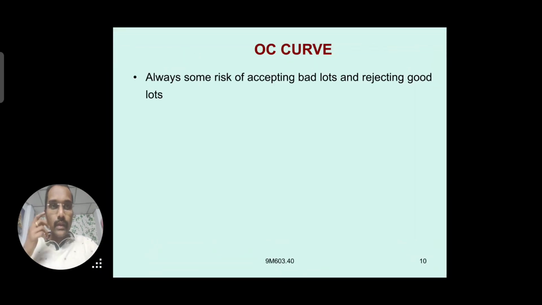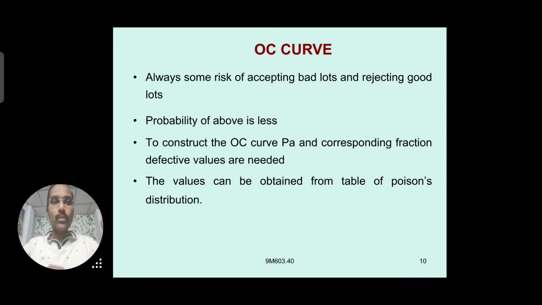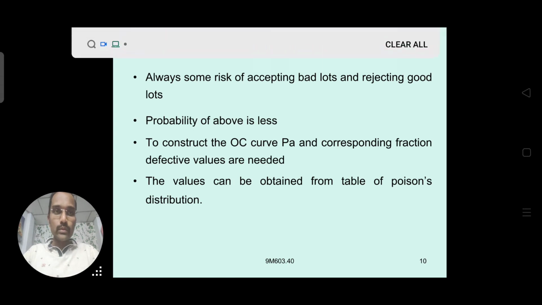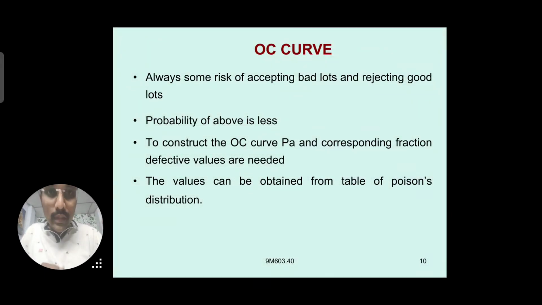Right? And here, there is always some risk of accepting bad lots and rejecting good lots. The probability of the above is low. To construct the OC curve, the probability of acceptance and corresponding fraction defective values are needed. The values can be obtained from the table of Poisson's distribution. To explain this, to understand these statements,